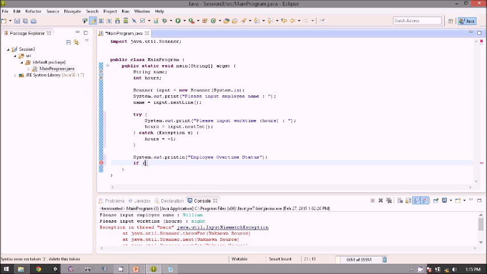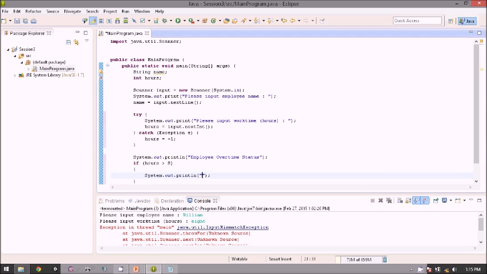So inside the brackets, we need to write the condition. So if the hours is more than 8, like this, we will print system.out.println.